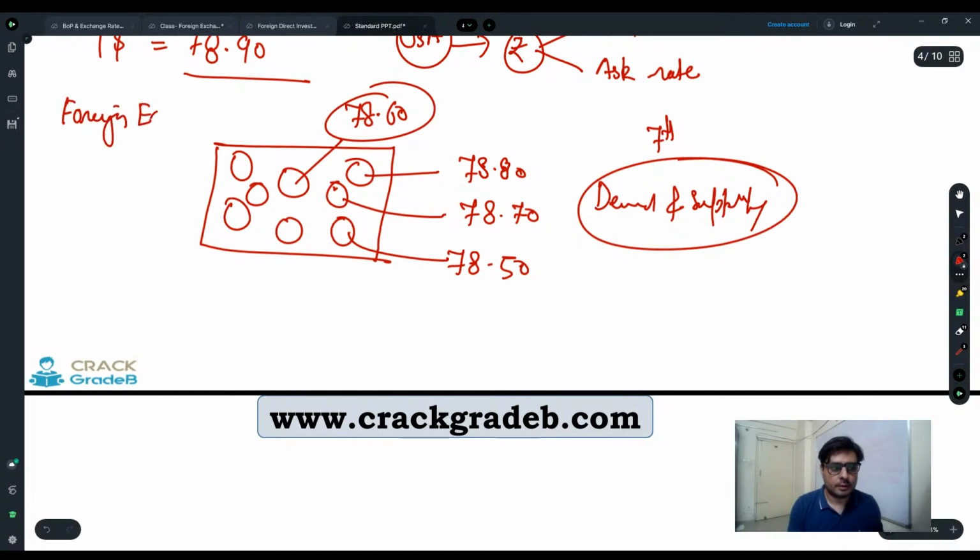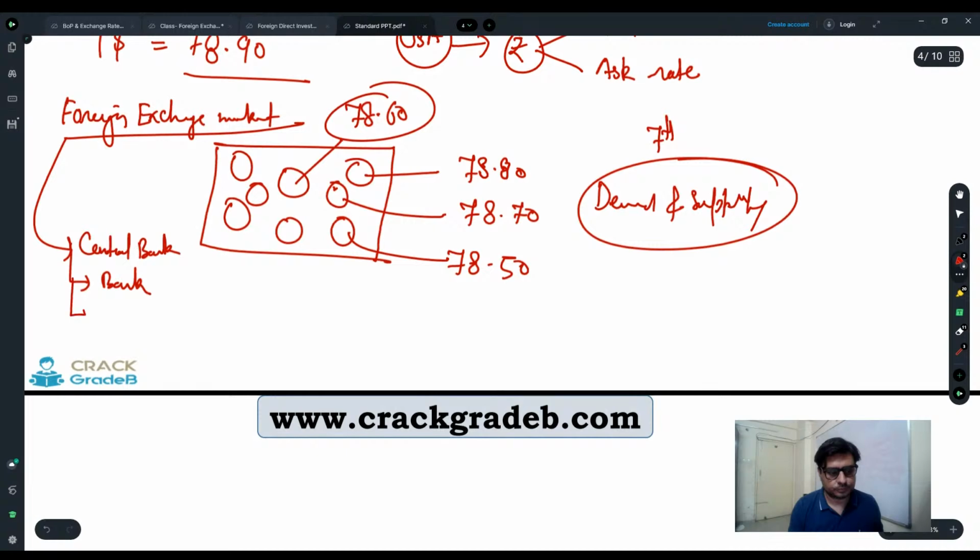That is why there is a proper foreign exchange market. And who participates in this foreign exchange market? Central banks, brokers, and companies who need foreign